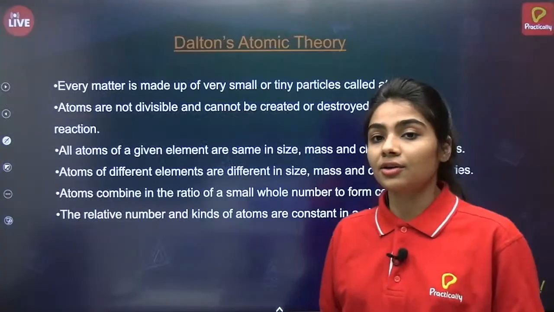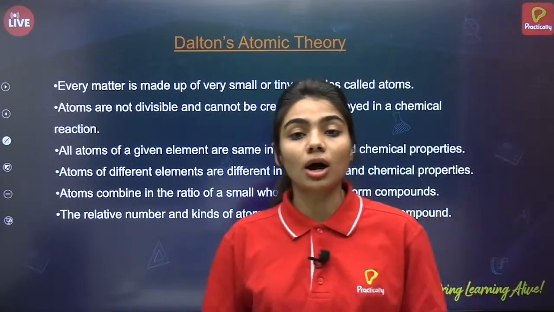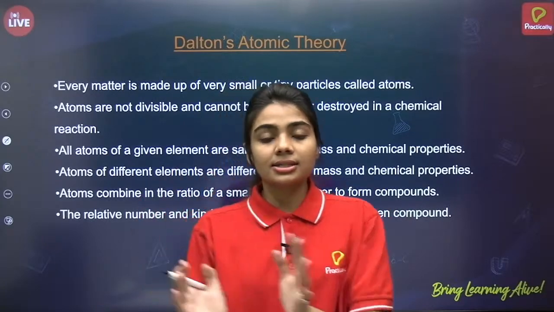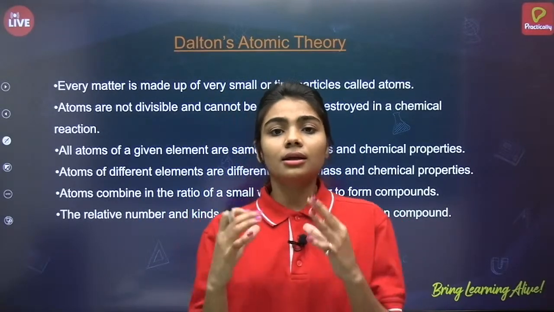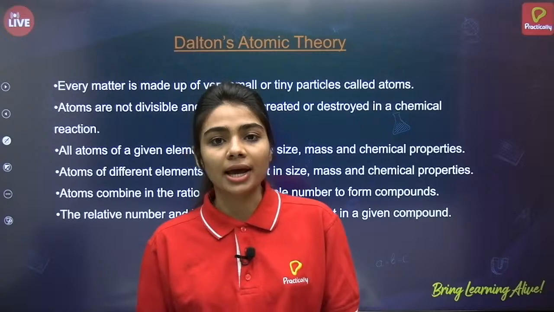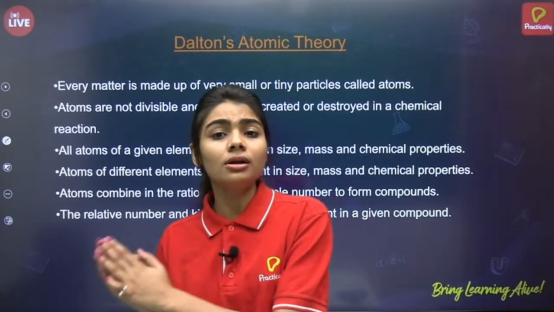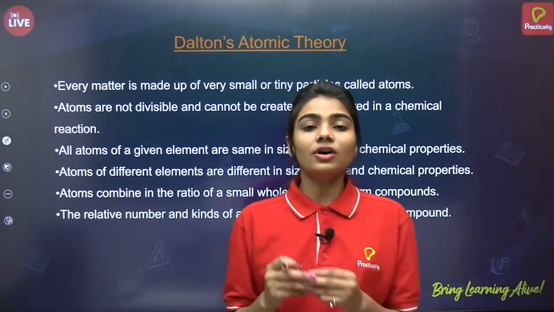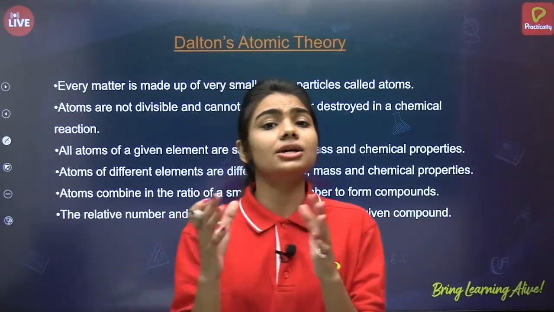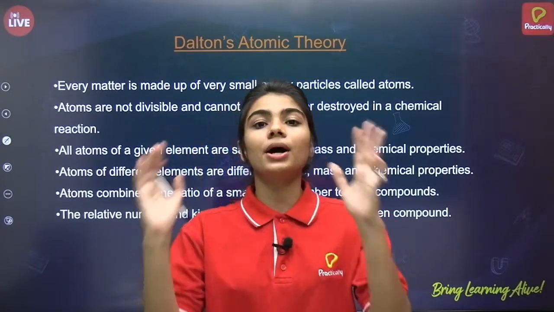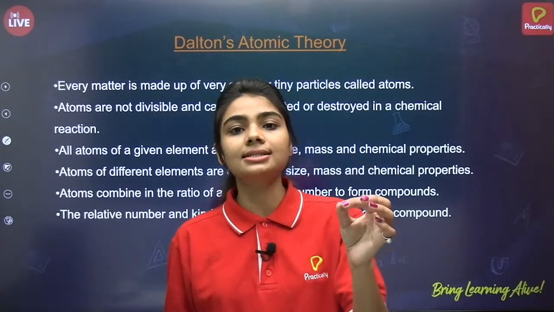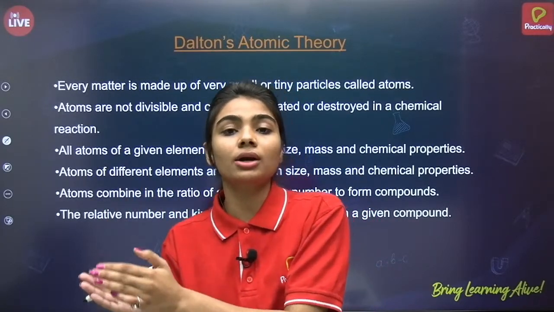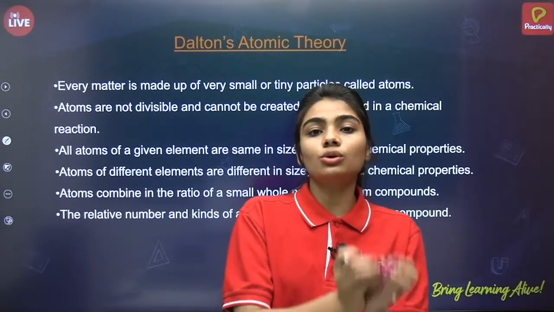So let's revise once again, before moving to Dalton's atomic theory, what we have learned till now. First of all, there is a history of the atom. Then there are 2 laws proposed by Proust and Antoine Lavoisier. Both have given laws of chemical combination. The first law of chemical combination is conservation of mass. That means in a particular chemical reaction, mass is neither created nor destroyed. That means whatever the mass of the product we are obtaining, it is always equal to the mass of the